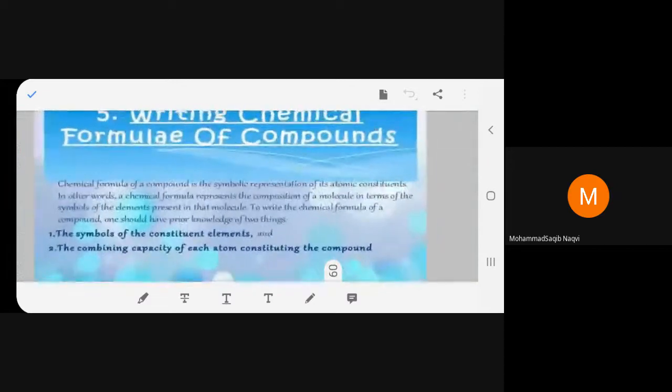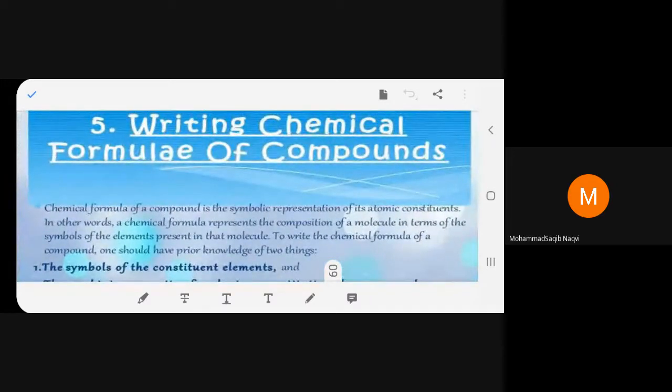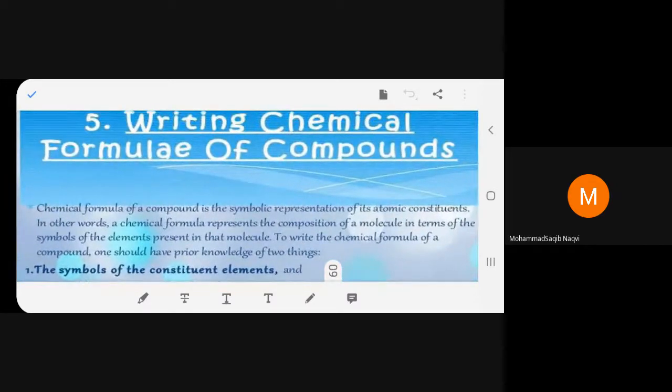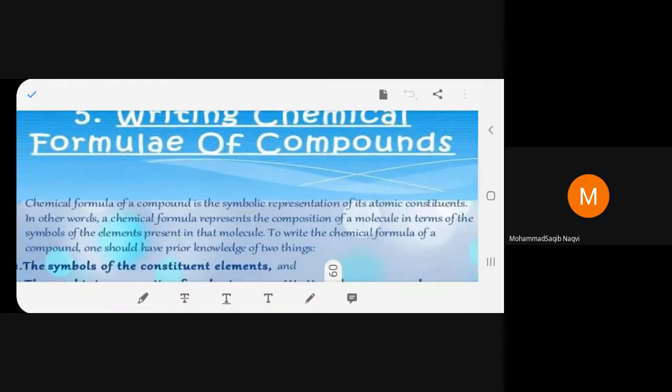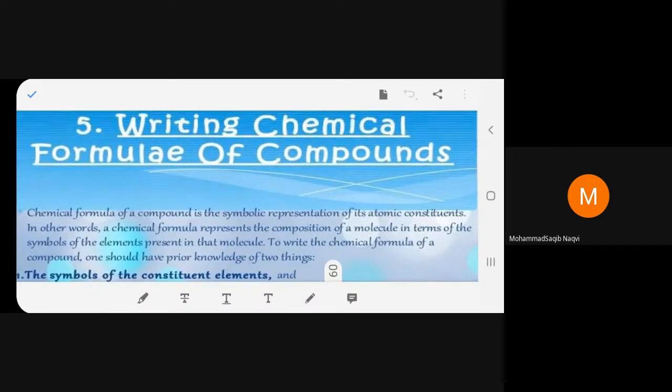Now, how to write chemical formulae of compounds? That's very important. Please begin with it. The chemical formula of a compound is the symbolic representation of its atomic constituents. In other words, a chemical formula represents the composition of a molecule in terms of the symbols of